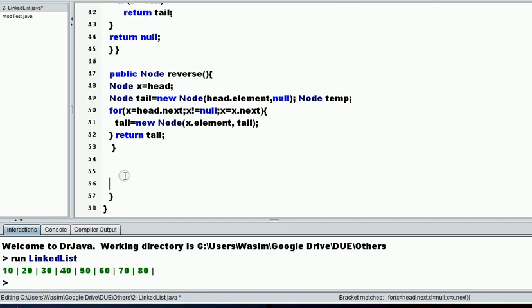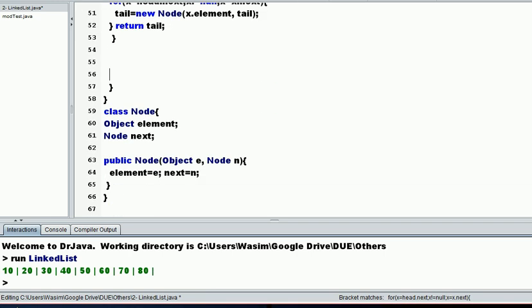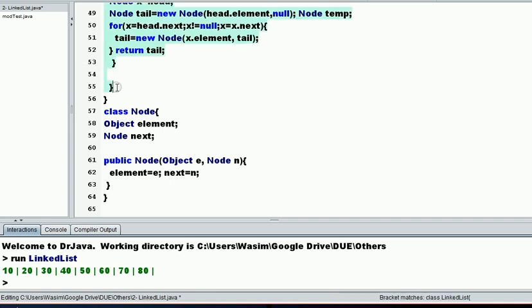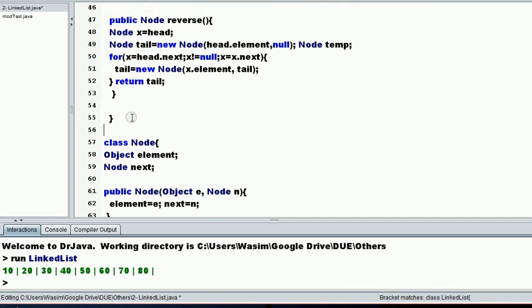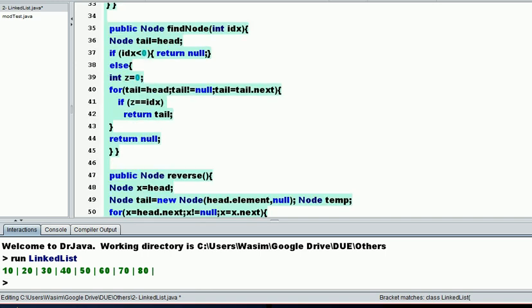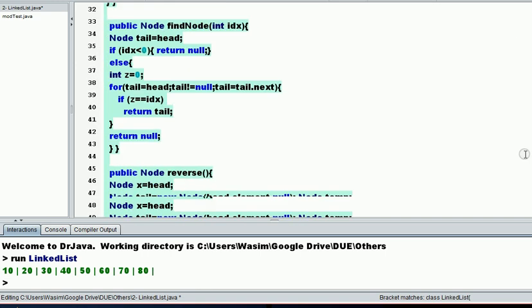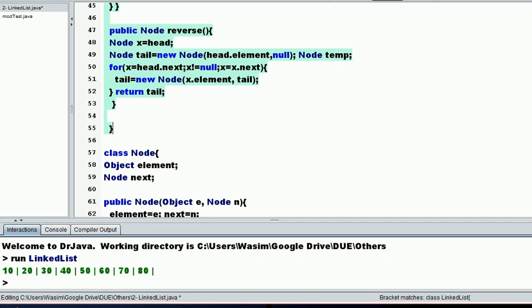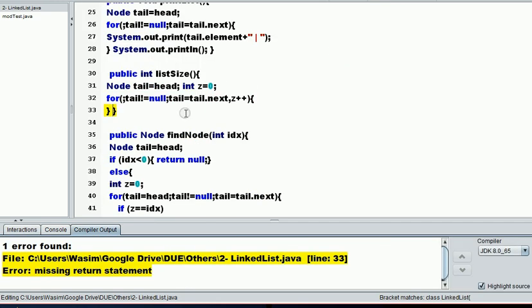So I think we have done a lot for this video. Well, hey, how many brackets are there? I think this is an extra one. Okay, it's good. Now let's just see if it compiles. No, it doesn't. Oh, look at me, I didn't return that Z. Okay,